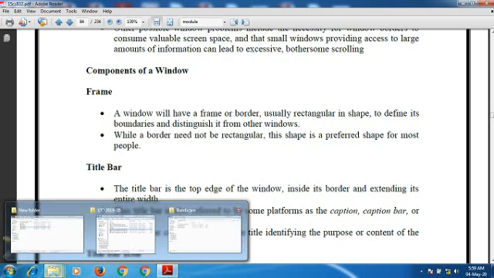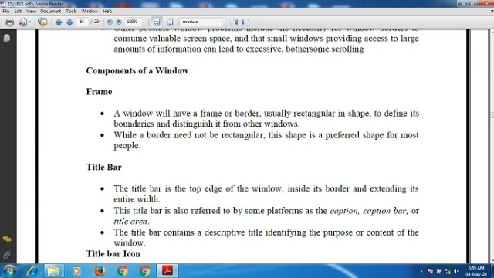For example, this one has a rectangular border. While this border need not be rectangular, this shape is preferred by most people.